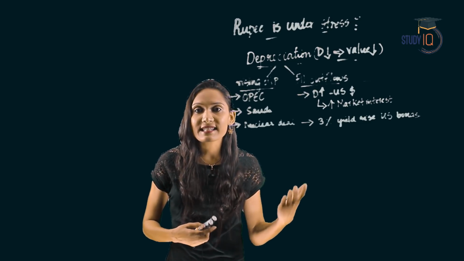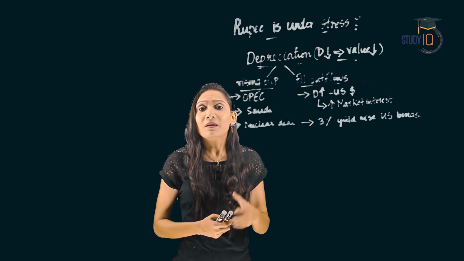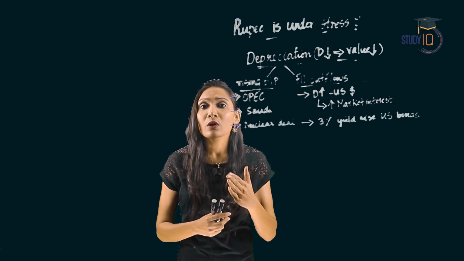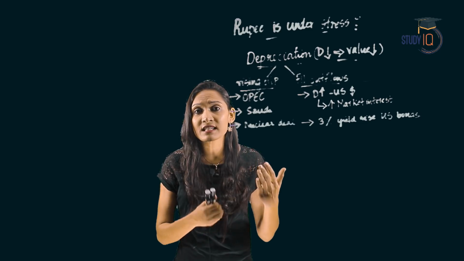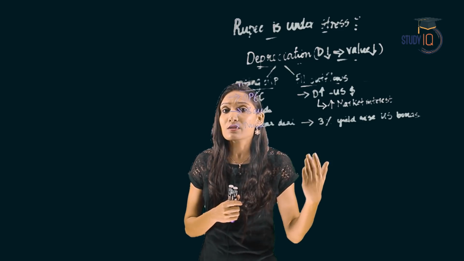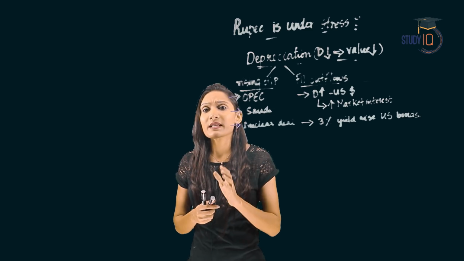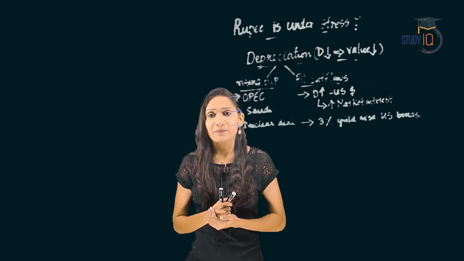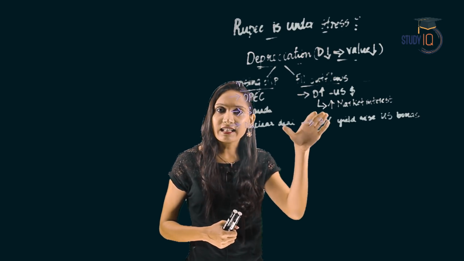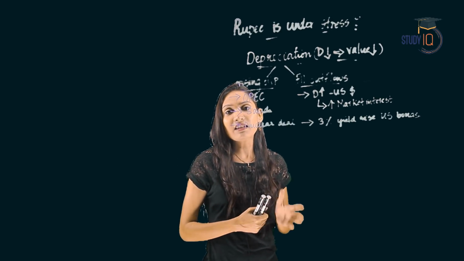Here you must also understand that there is a possibility of US shale oil production or output, but you must make the point clear that even that will not be enough to bring down the price rise, because the supply is shortened or cut short, but the demand is still the same. The demand is very high. So, even though the US comes up with the US shale oil, still it will not be sufficient to bring down the price rise. So, we have seen what has caused the depreciation of rupee, that is decrease in the demand of rupee, and which has led to a further reduction in the value of rupee.